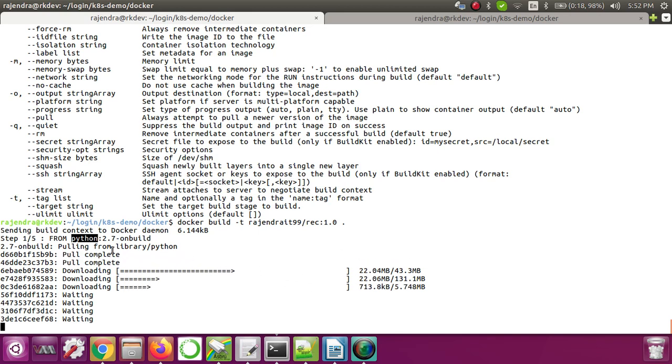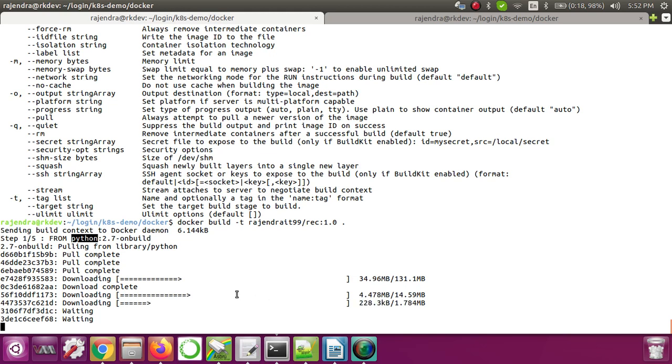Now it's extracting. After extracting, it will show pull complete. The third layer we are downloading, the fourth is still pending, the fifth is done. Now the third is almost done. After that it will extract, and after extraction we can see the status as pull complete.